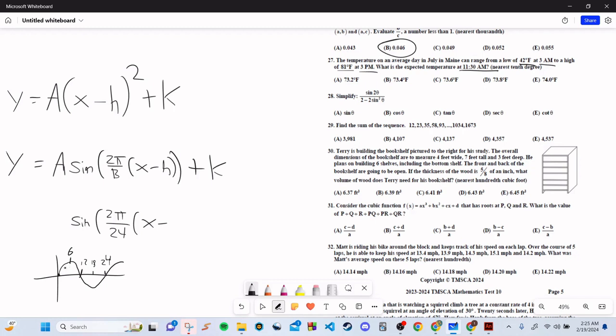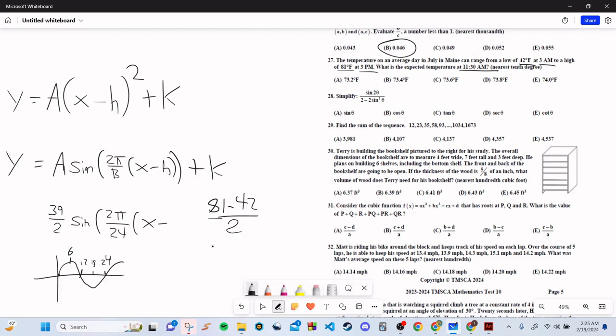So like that. Oh, and by the way, for our A, I might as well do this because it's pretty quick. So the A is going to be the difference between our peak and trough divided by 2, right? And so that's going to be a value of, I believe, 39 over 2, right? And so now that we got that,